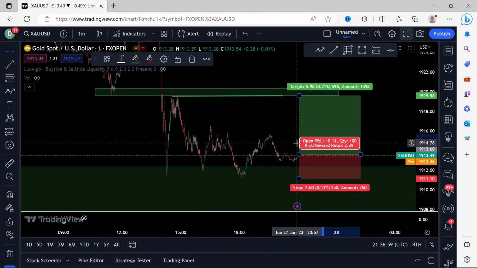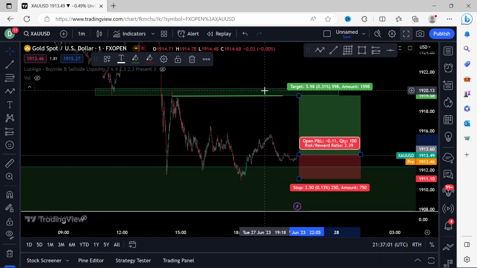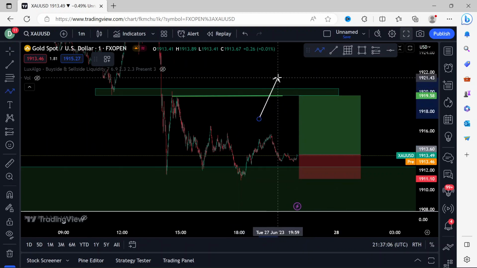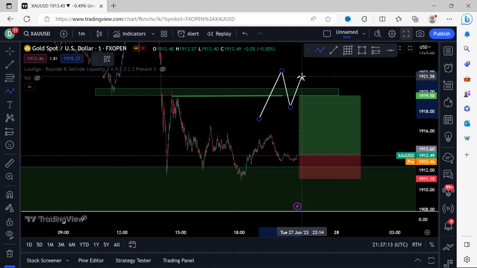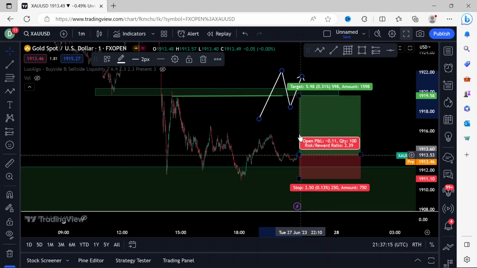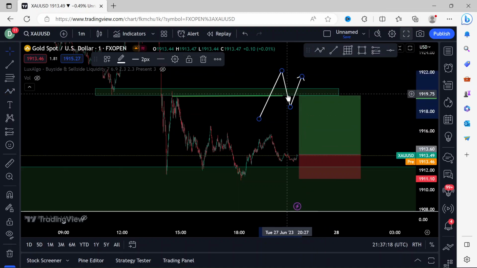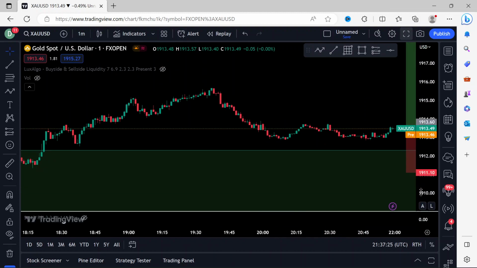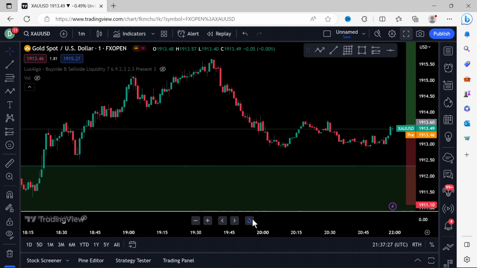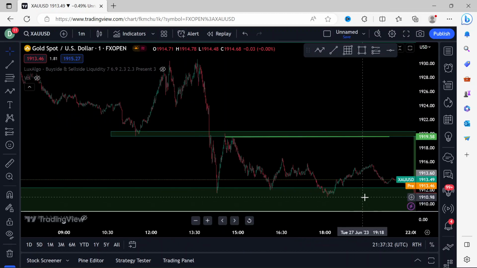as others are also waiting for price to break this high. So you are waiting for price to break this high and come back for a fair value gap, then move up. It's the same way also you trading from here to this zone and closing your trade. So it's one way for confirmation, but introduction to order blocks will be the perfect way